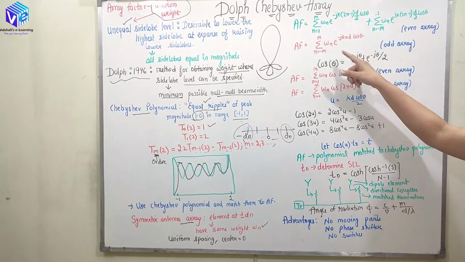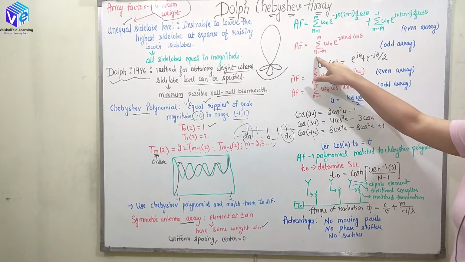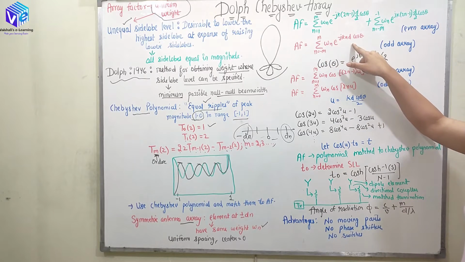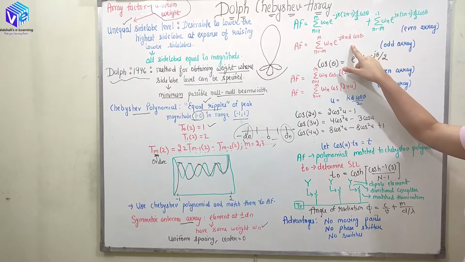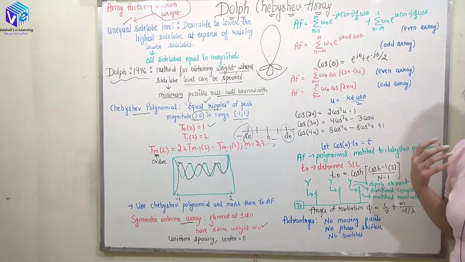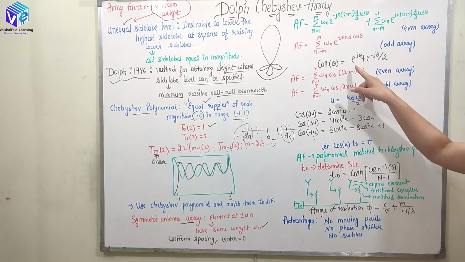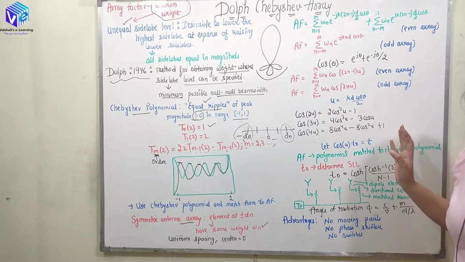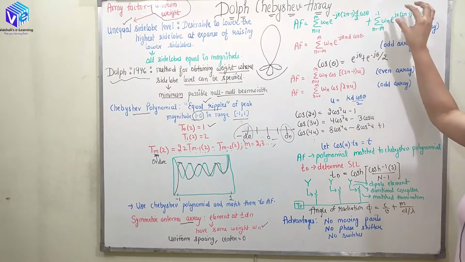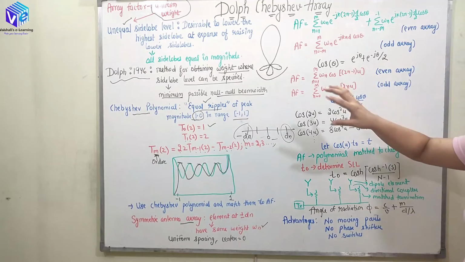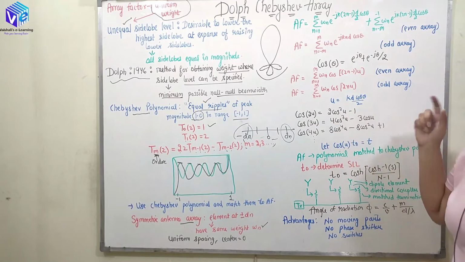Now for the odd array, we can have the array factor, n is equal to minus M to M, Wn e raised to power minus jk n d into cos of theta. Right, so here cos of theta, we know the formula of the cos of theta. Cos of theta can be represented as e raised to power j theta plus e raised to power minus j theta upon 2. Right, and now here we can substitute e raised to power minus j theta, e raised to power plus j theta, and we can represent the array factor in the terms of cos.